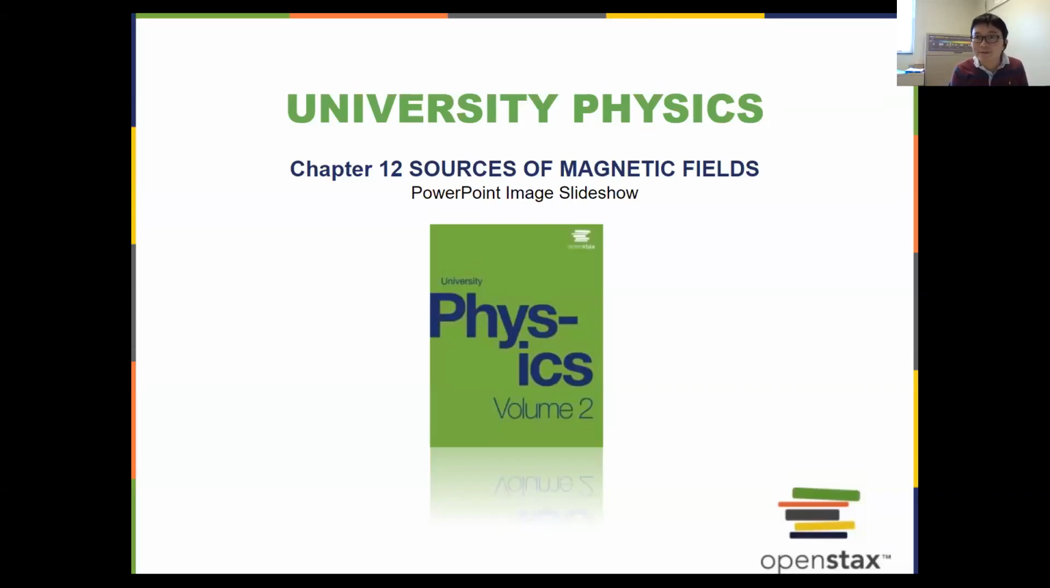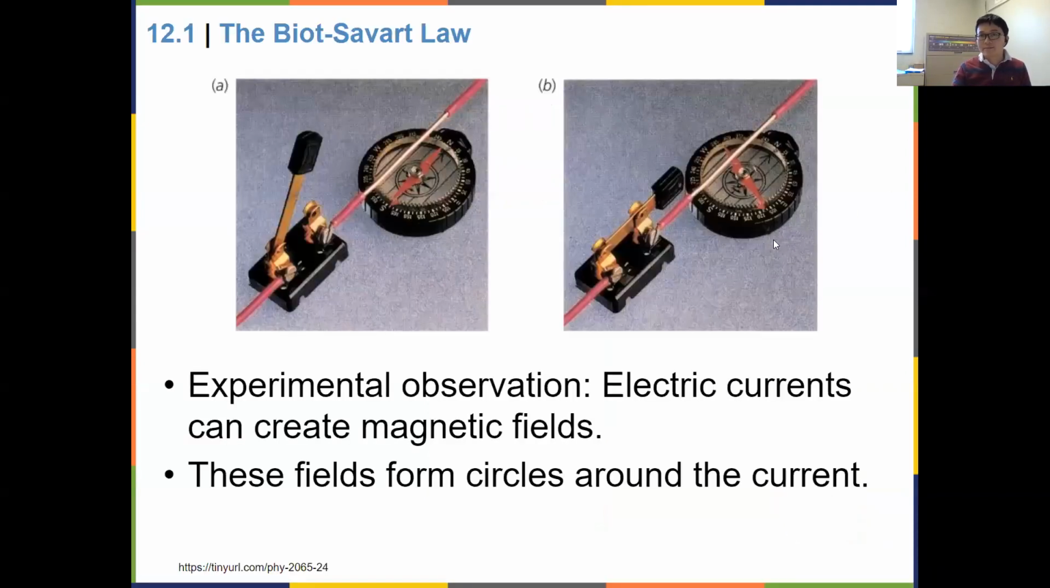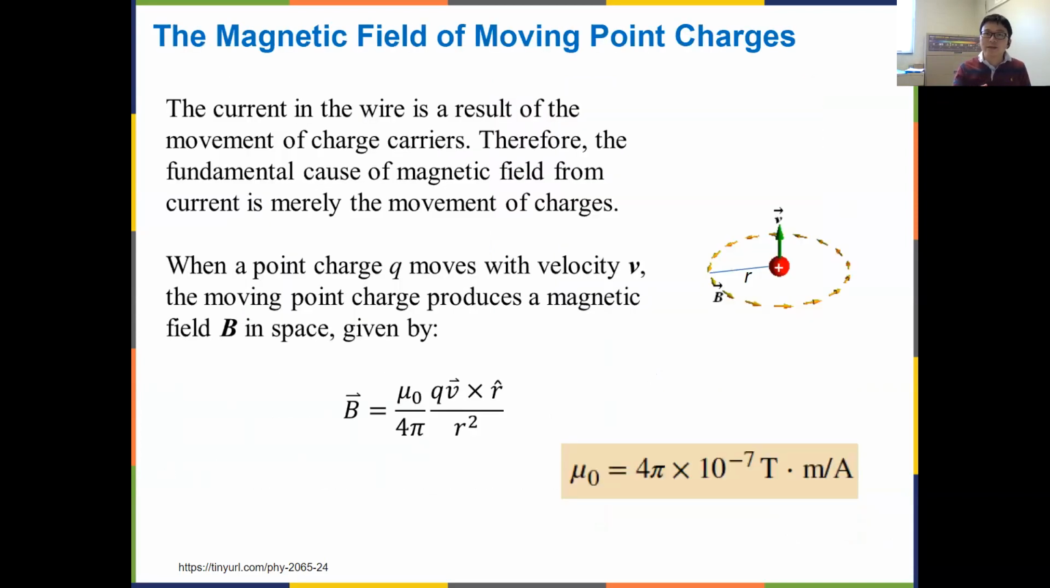All right, welcome back. So we'll look into chapter 12 today, more details about the source of magnetic field. In the previous chapter, we talked about how electric current produces a magnetic field. Electric current is caused by the movement of charges. If you look at the individual charges, the movement of an individual charge will create a magnetic field individually, and then collectively for all the charges that cause the current, it produces a collective magnetic field in